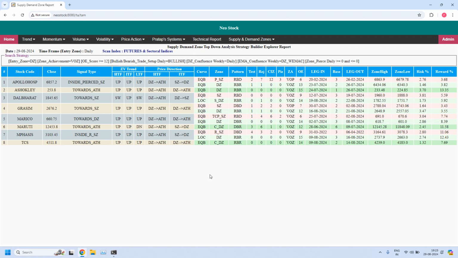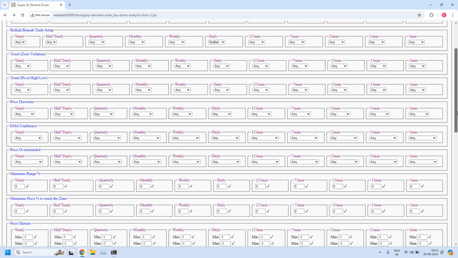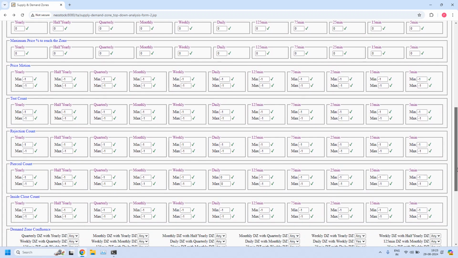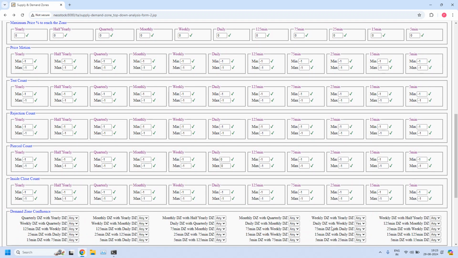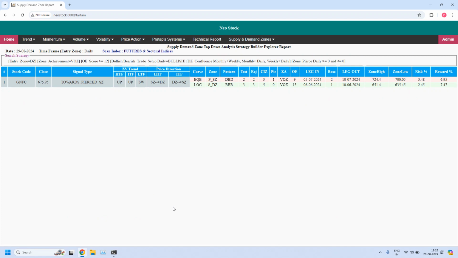Okay, now let's remove this EMA confluence and look for LTF, ITF, HTF confluence. I am removing the filter. Now LTF, ITF, HTF demand zone confluence. So already we selected a daily demand zone with weekly demand zone confluence. Now daily demand zone with monthly demand zone HTF confluence, and also weekly and monthly, that is ITF and HTF confluence. That means LTF, ITF, HTF, all three are overlapped with each other. Only one stock is filtered,